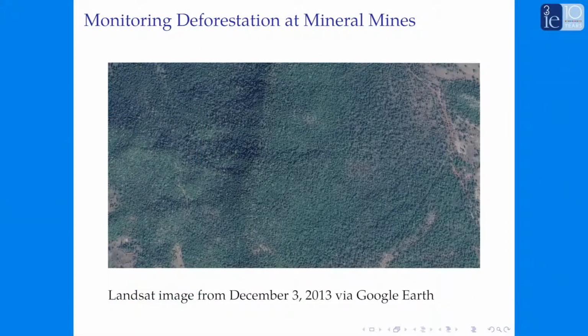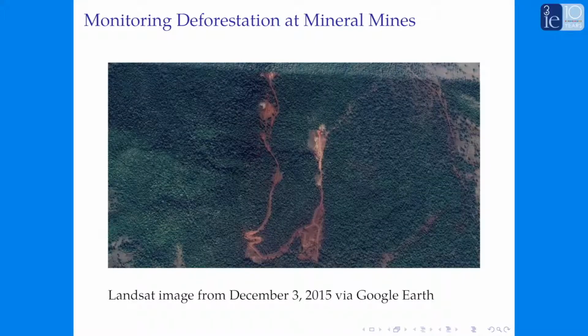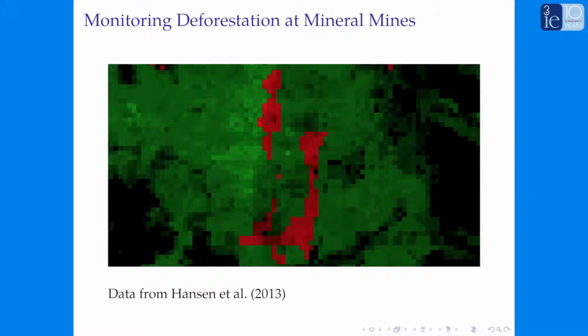Okay, to show a brief example from our work, I will focus on one mine, which is in southwestern Chhattisgarh. It's an iron ore mine, and it's a relatively large mine. And this is the site prior to the development of the mine from Google Earth Landsat imagery in 2013. And if you look 2 years later, you can see the development of the mine. And then when we look in the Hansen data, you can see that this data set, which is global and not focused on India, but provides data for India, is extremely effective in capturing the deforestation that resulted from the development of this mine.